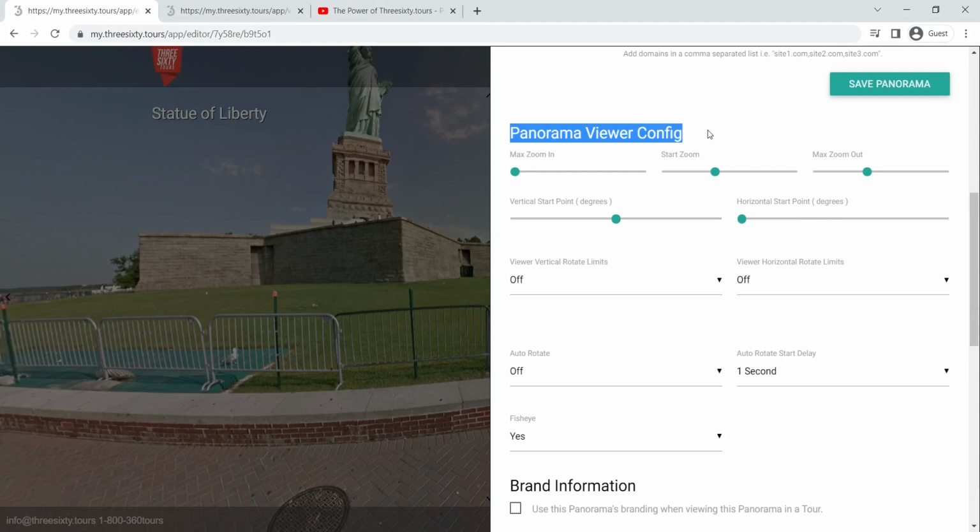Again, if you want to see what these are, the panorama viewer configuration, check out the second part